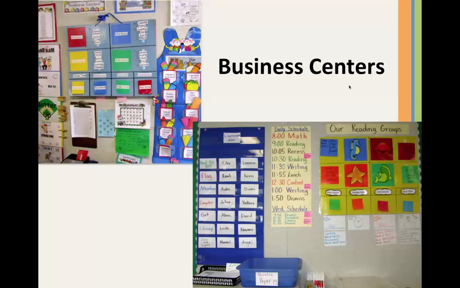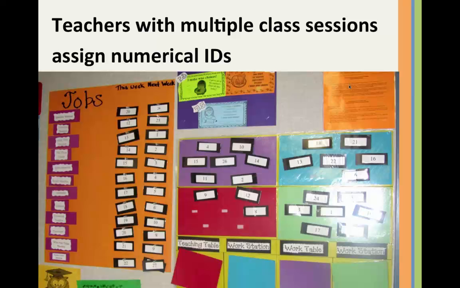So in the top left, you see the rotation chart, you see the job chart. What you're not seeing again is the daily schedule. If you want students to develop self-regulation behaviors, they need to know what to do and what time to do it. And that's why it's important to have that daily schedule nearby. This is, again, another business center. These are older students, and the reason that I know that is the teachers have assigned identification numbers instead of using their names.